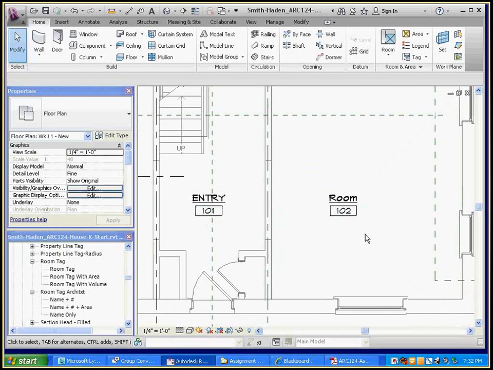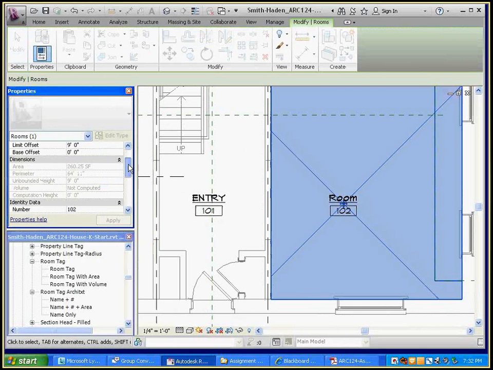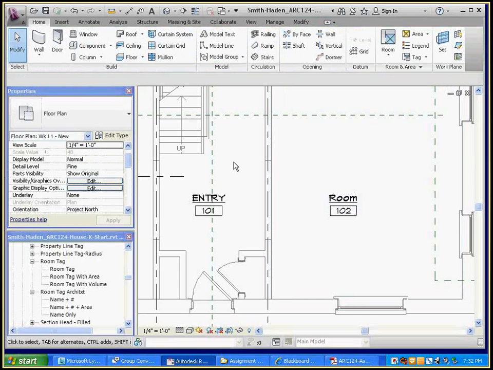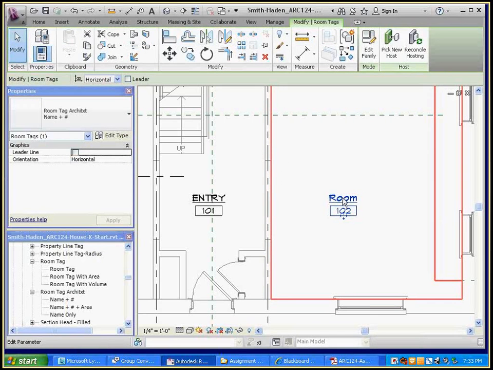Now this time, instead of selecting the room, which is room number 102, and it's called room, you can have as many rooms as you want by the same name, but Revit's going to warn you if you have two rooms by the same number. It's going to squawk. It won't force you to cancel out of it. It'll allow it, but it'll be a little weird. Now, from now on, rather than selecting the room, which is kind of a pain, let's just click on the tag. And if you click on the name inside the tag and change it to Old Dining Room,